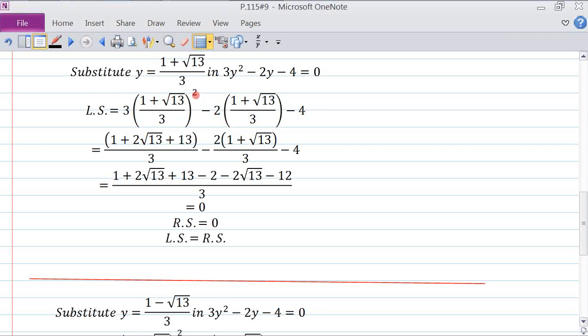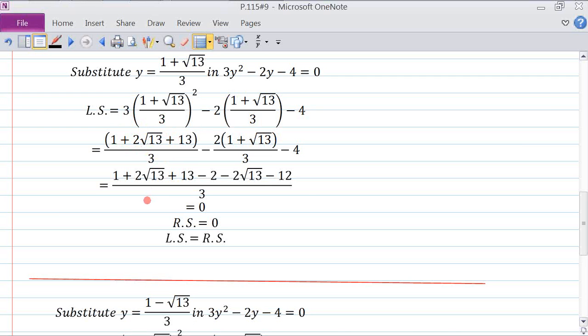Now, what happens here is this 3 squared becomes 9, but when we multiply it by 3, we get 3 over 9, which is 3. So this part here will have 3 over it. This part originally has 3 over it, and here we have minus 4. So this is just 1 plus root 13 squared, and then we multiply this term alone through by 3, and we got this